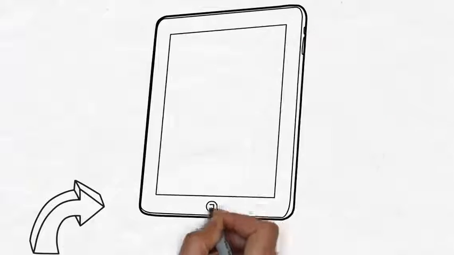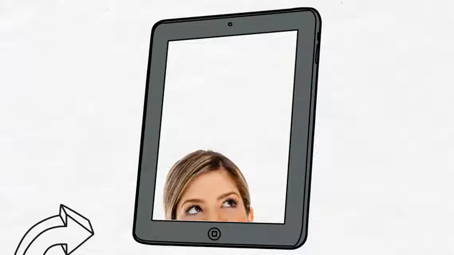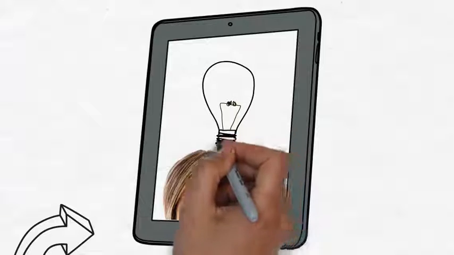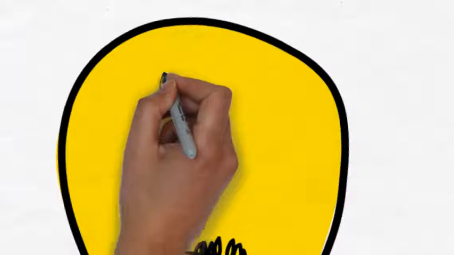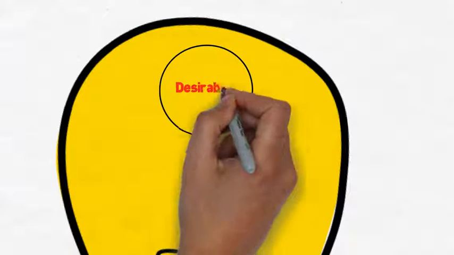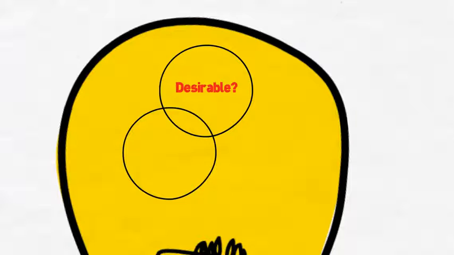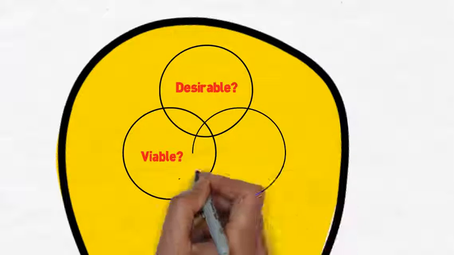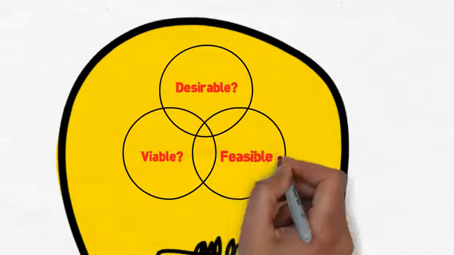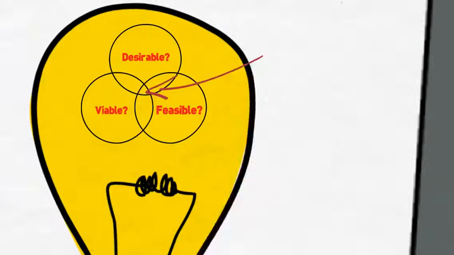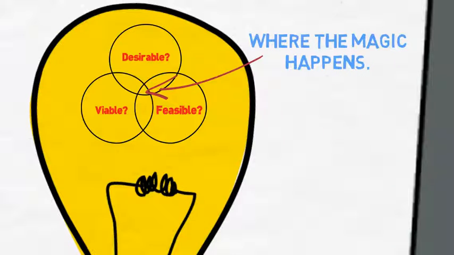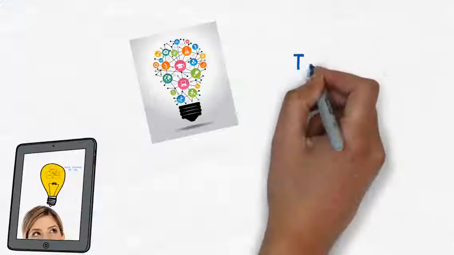Back to innovation then. It all starts with ideas, and it's less important where the idea came from, more about what happens to it. These ideas need to be evaluated for their soundness. So firstly, is it desirable? Is there an appetite for your idea? Secondly, is it viable? So is it possible and something that can be brought to life? And finally, is your idea feasible? This is a pragmatic view of whether your idea provides a benefit and whether the benefit is, for example, cost efficient and legal. Innovation occurs in the sweet spot where these three overlap.